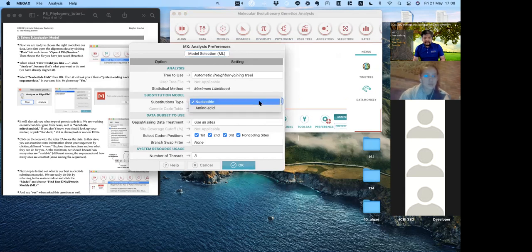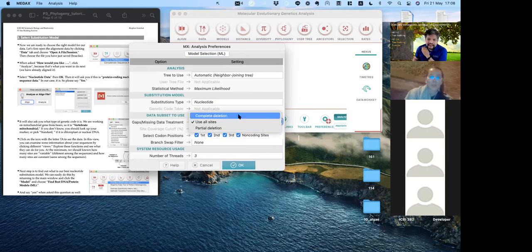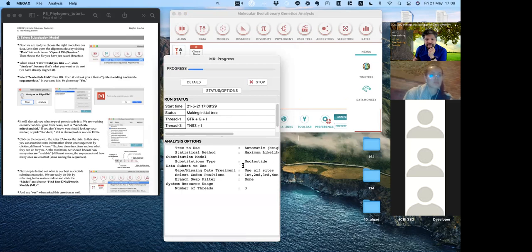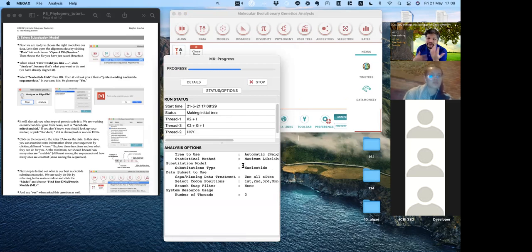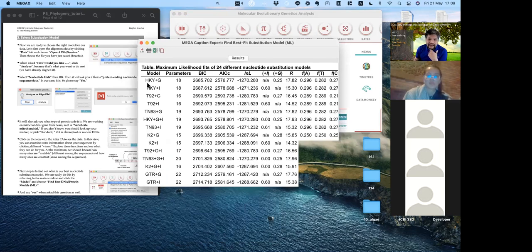For example, this is nucleotide, right? We're not doing amino acid, use nucleotide. And sometimes when you do alignment, there's a gap, an empty spot in there. You can say delete all the gaps or use outside. In our case, we don't really have that much gap, so we're gonna use outside and leave everything be and click OK. And it's going to compare different models and see which our data match. You and mine might be different. We might get different answers because we pulled different